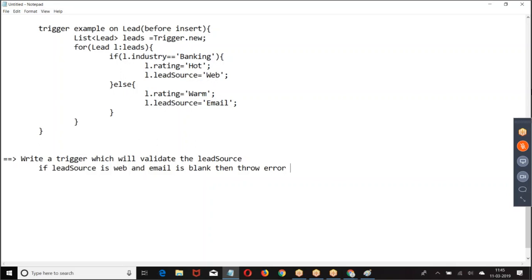If lead source is web and email is blank, then throw error. If the lead source is web, email is blank, then throw error message.